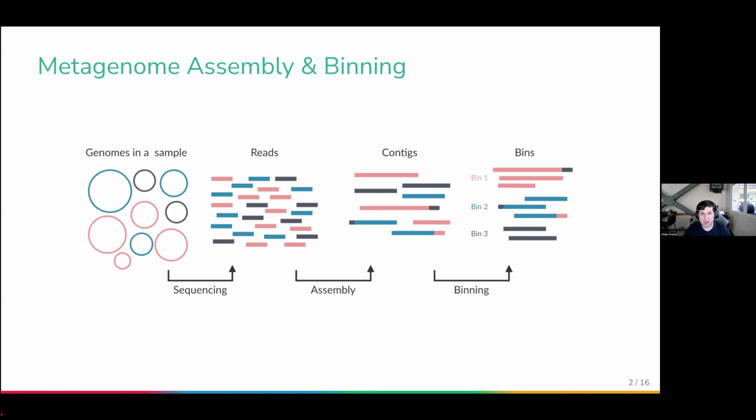And this binning doesn't work with overlapping regions, obviously, because these contigs should not have overlapping regions between them, and instead uses other techniques like, for example, GC content, k-mer composition, and other techniques, and then decides that one or several contigs are from the same genome, and these form the bins, and they are also called MAGs, from